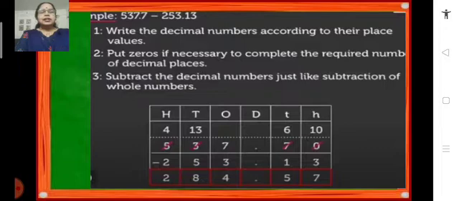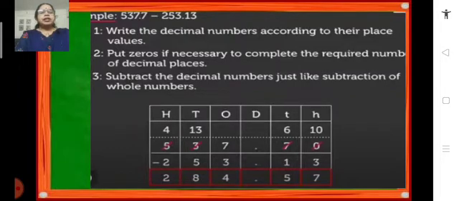Now here let's once again see what are the steps involved in subtraction of decimals. So first we have to write the decimal numbers according to their place values, and we have to put zeros wherever necessary in order to make the decimals like decimals. Okay, that means they should have equal number of decimal places. And then we can subtract the decimal numbers just like the subtraction of whole numbers. So here we have one more example,